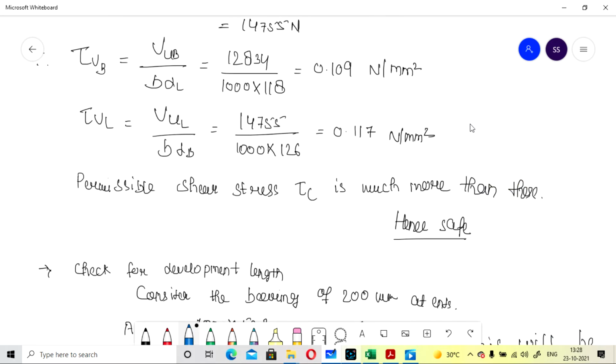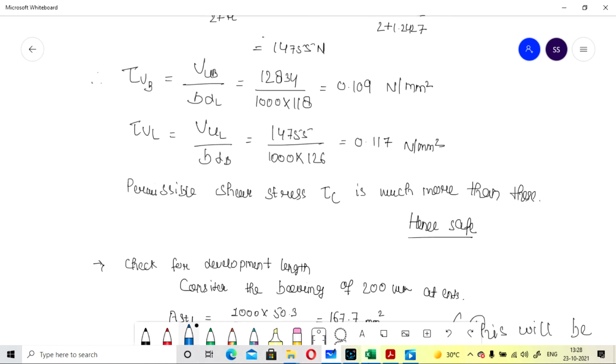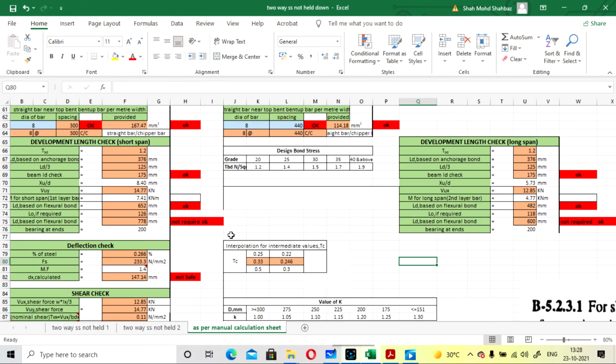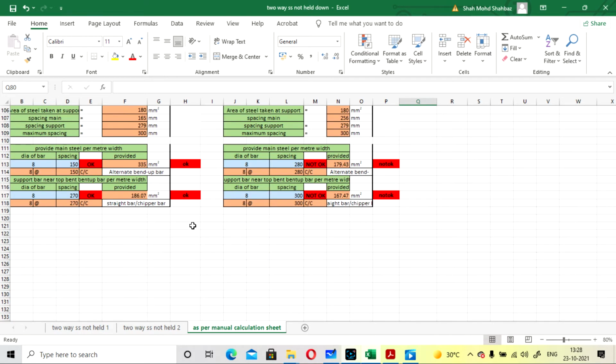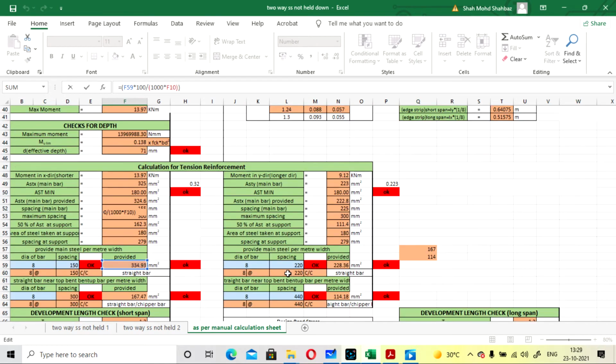So now the permissible shear stress. You can go and check from the code also. This value is taken from the code only. I have mentioned it in my Excel sheet also. So tau Vx and tau Vy will be calculated, and from that the percentage of steel will be calculated.